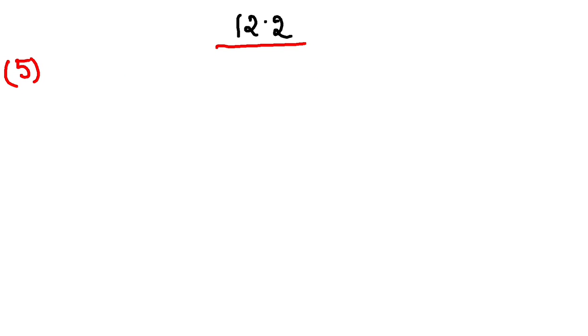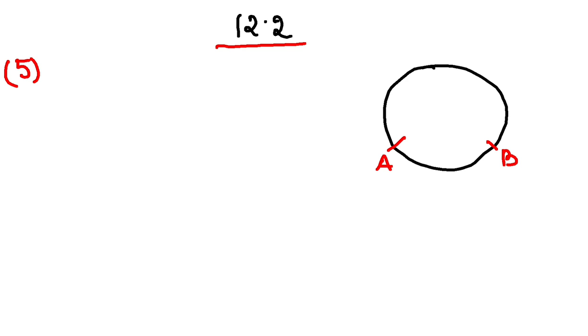Hello students, we will continue with exercise 12.2. Let's discuss question number 5 now. In question number 5, there is a circle and there is an arc, let's say AB. And they are saying the arc AB subtends 60 degrees at the center. So the angle over here is 60. And they are also saying the radius of the circle, that is OA and OB, both are obviously 21